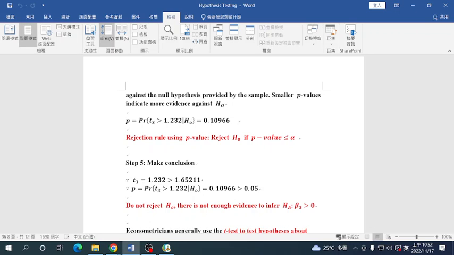And I will continue with the two-sided test, because for the two-sided test there is a third way to do it. So far, we're learning the one-sided test using the critical value approach or the p-value approach. But if you are working with a two-sided test,